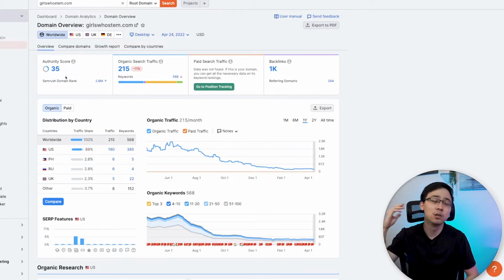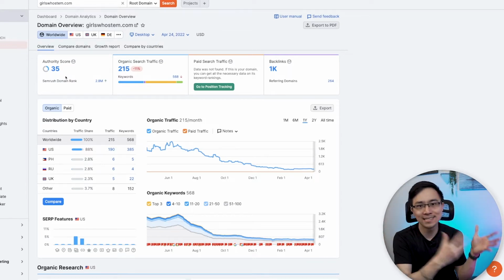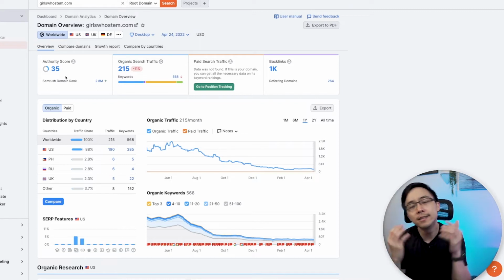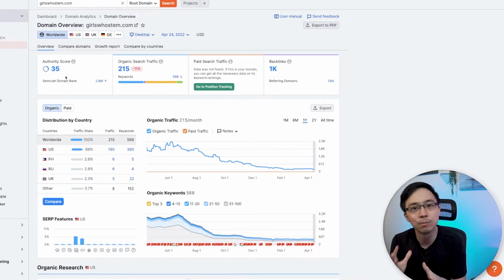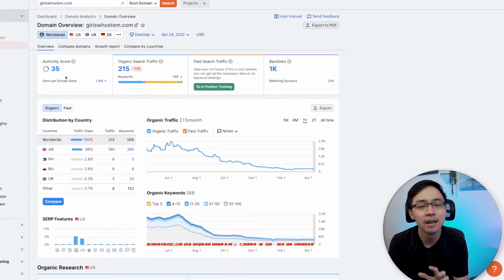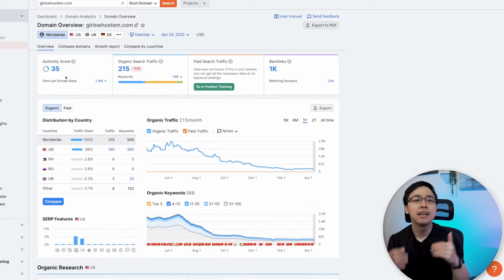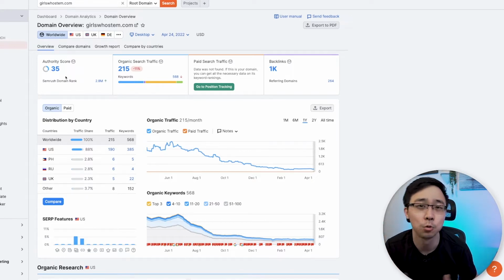In the case where you're a little bit higher up, maybe between 16 and 35 or so, this is the case where you still want to be building backlinks, but you also want to be building new content. And in the case where you're even higher than that, it likely means that you actually have a decently authoritative site.